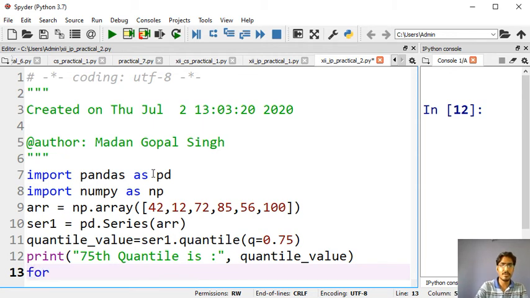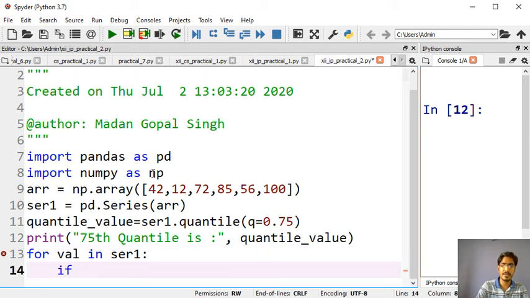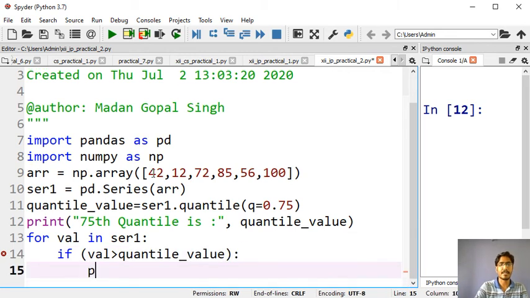Okay, let's suppose I am iterating. If you don't know how to iterate a series object, please go and revise your for loop concept, because everything cannot be explained here. If the value is greater than the quantile value, then only we are printing this value.